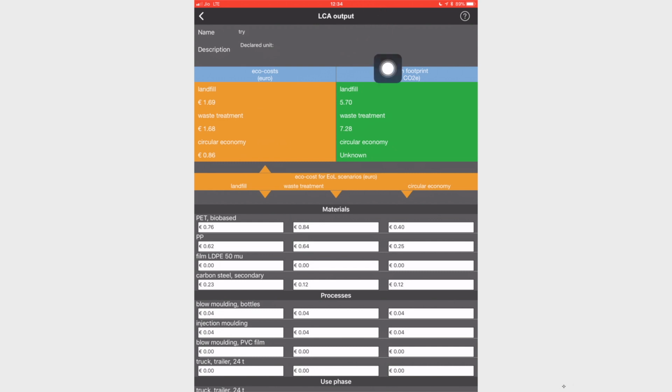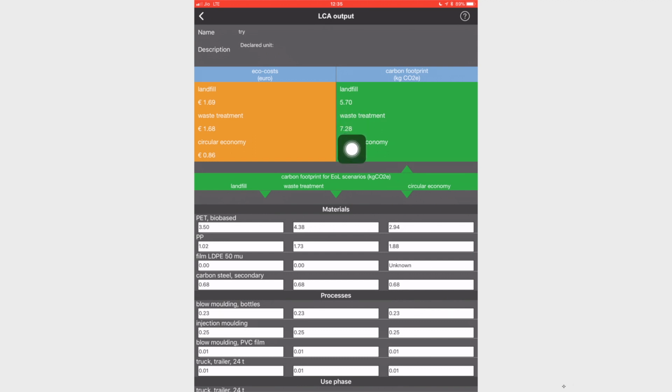I can click on this green place. As soon as I click on this green space, this bar becomes green and now I am trying to see the carbon footprint only. That is why I told you that this is a very versatile software and it lets you change your selections at multiple points of time. If I see the carbon footprint calculation, what it gives me is landfill related, because I have selected the end of life scenario as landfill. So, my carbon footprint of the landfill due to landfilling will be 5.7 kgs of CO2 equivalent.